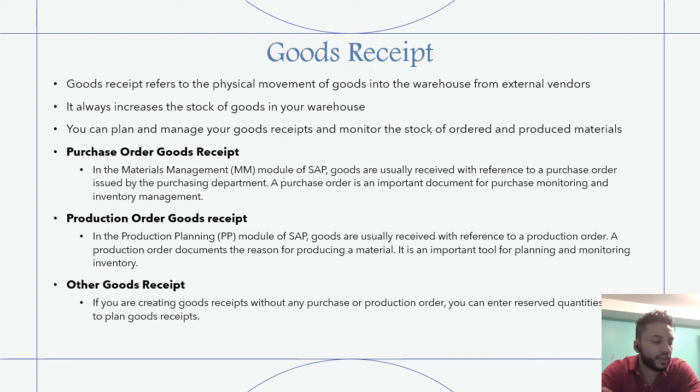So let's say that for us, our production order in our company is we have to buy all the steel, right? We need to know what our production orders are, so we can buy all the steel. And then we can get a goods receipt for buying all the steel to work on creating these orders, right? A purchase order goods receipt, like a PO receipt, is also kind of the same, but